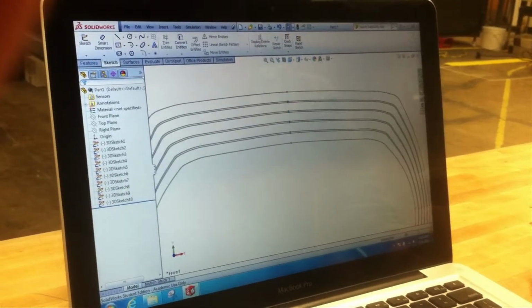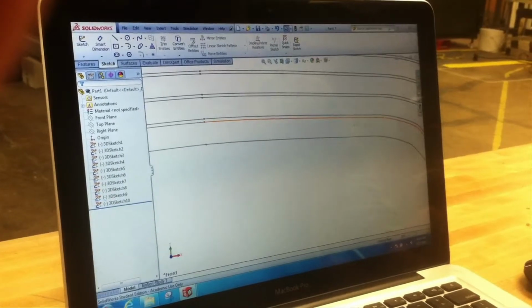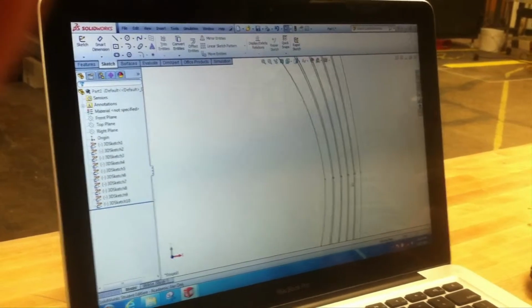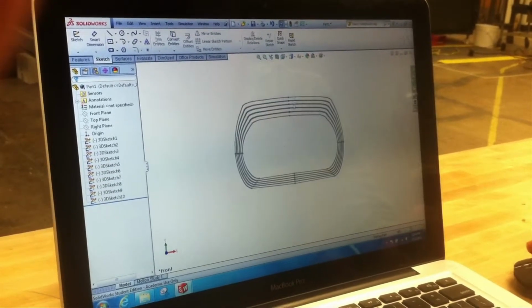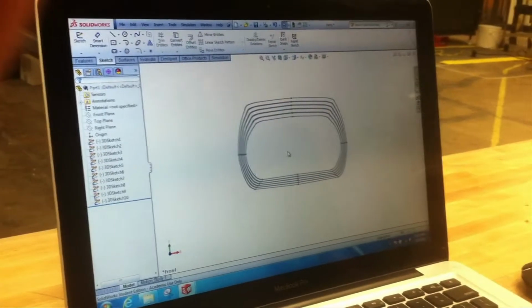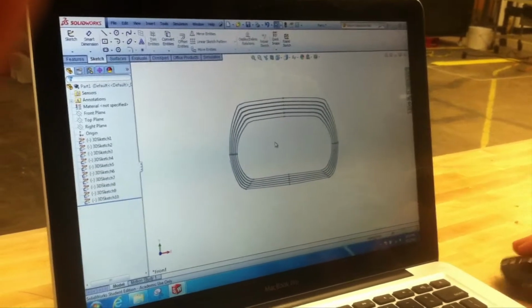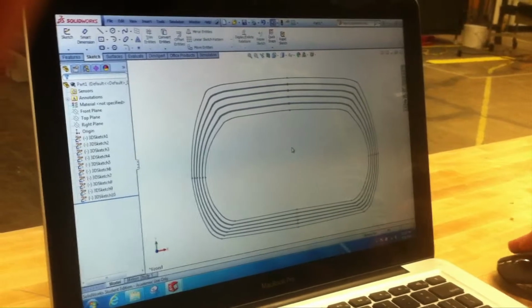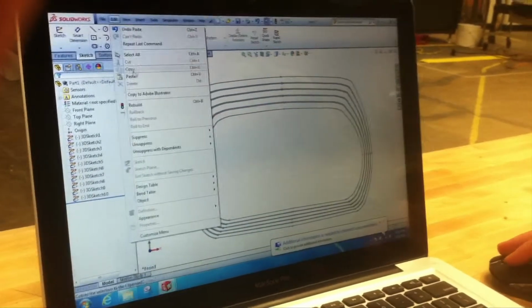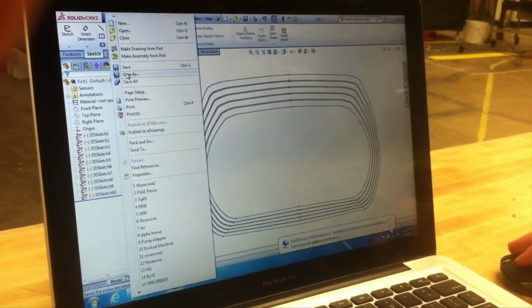Alright? And you want to make sure that these are also gapped enough. They can be very close, but as long as there's a gap, we're good, which there should be from offsetting the planes. But now, what I want to do, anyway, first I'm going to save it